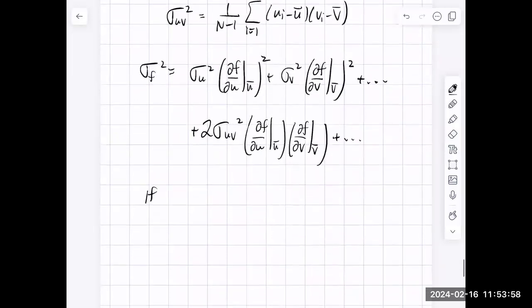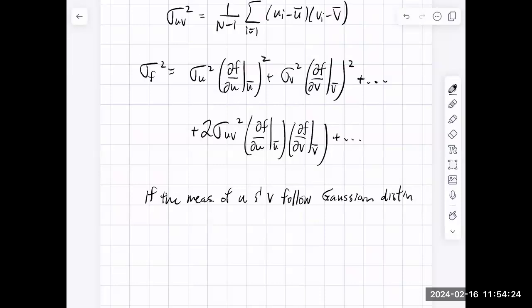So if the measurements of u and v follow Gaussian distributions, that's the same thing as saying that the uncertainty in your measurements is completely random, so there's no